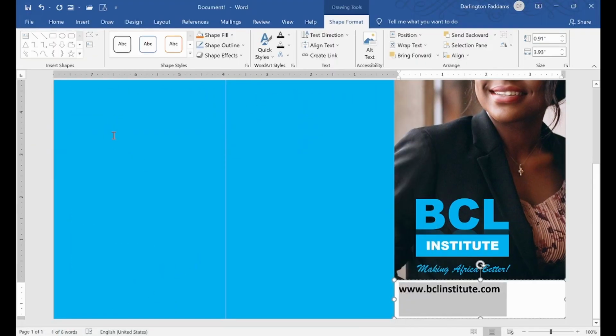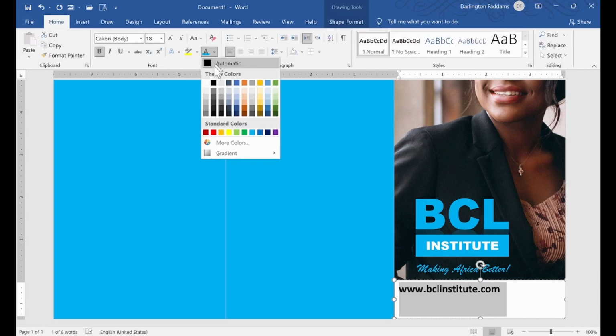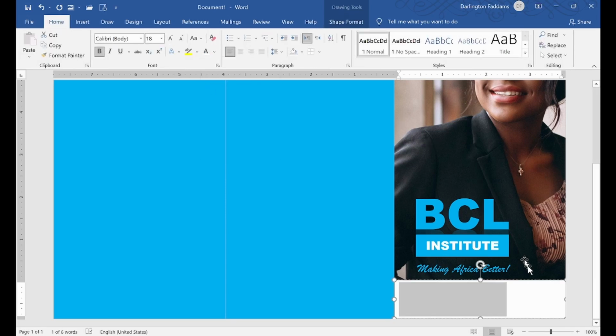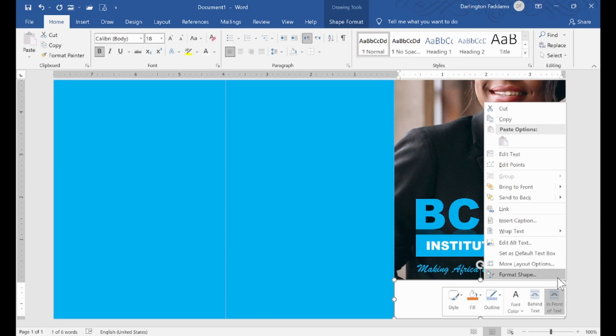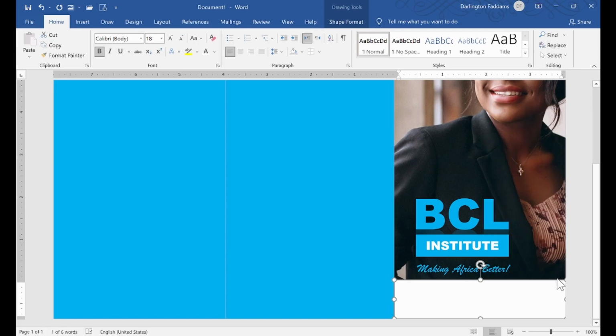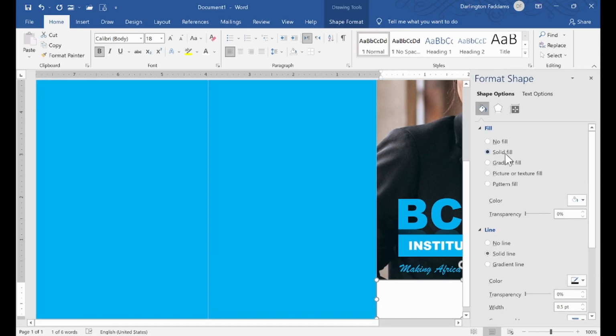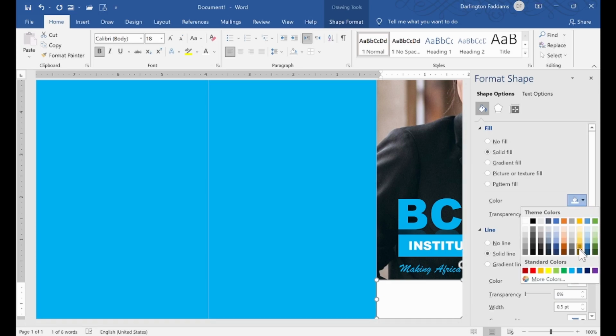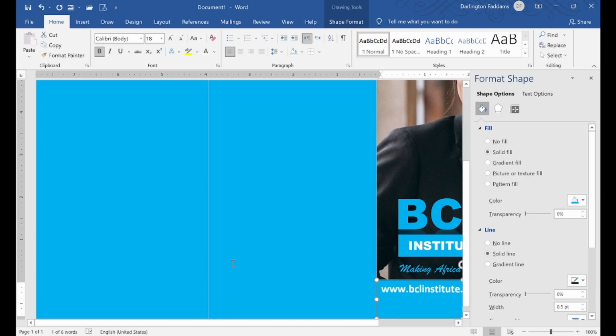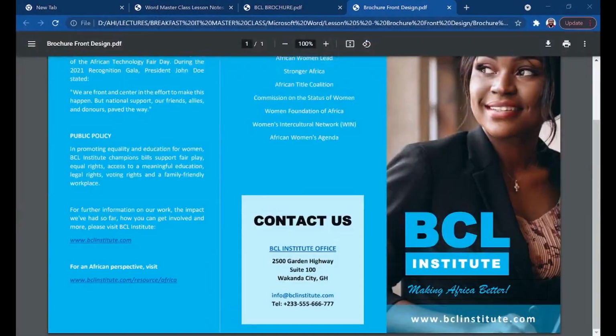Give it color white. I go to the home tab, select the text color, make it white. Now that the text color is white, I want to change the fill color. So this fill color, I right click anywhere on the lines, click on format shape, and a solid fill, I'm going to choose a color, and I'll choose the cyan we've been working with. Let me check if that is it. That is it,